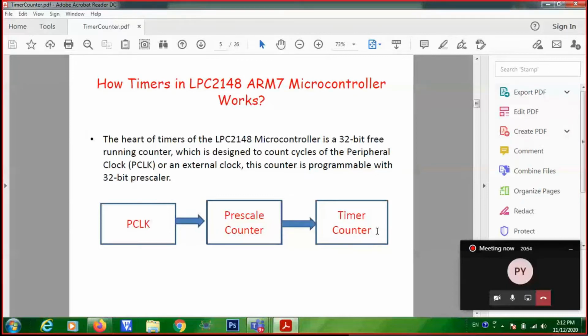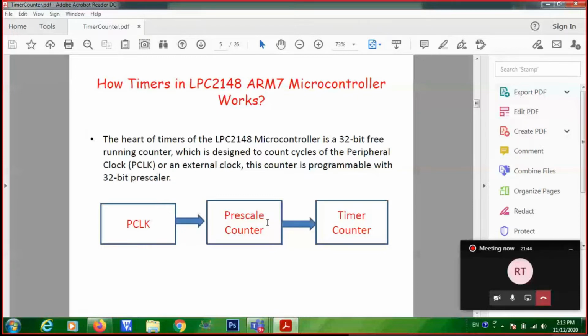Let us take one increment taking 1 millisecond. Let us take the resolution as 1 millisecond for the time being. So how much delay can you generate using the timer counter? 2 raised to 32 into 1 millisecond. That is the resolution for the time being, right? So if you want to generate a delay more than that, what will you do? You use something known as a pre-scalar counter. Pre-scalar means you are scaling the clock before giving it to the timer. So how is it working?